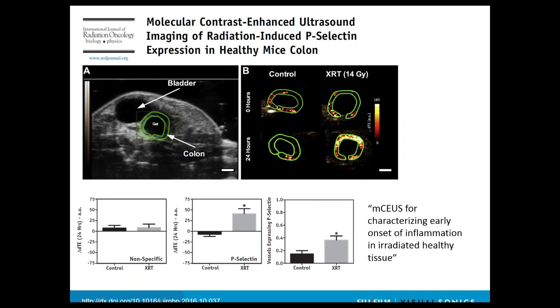They got control at the 0-hour time point, and the treatment group and the 24-hour control group have very low signal of P-selectin, and the treated group, the irradiated group, 24 hours afterwards has a greatly enhanced P-selectin signal. So they concluded that you can use this molecular contrast enhanced ultrasound imaging to monitor tissue inflammation and monitor effects